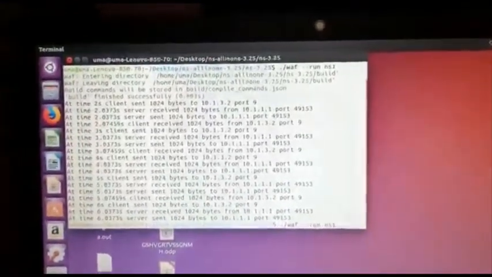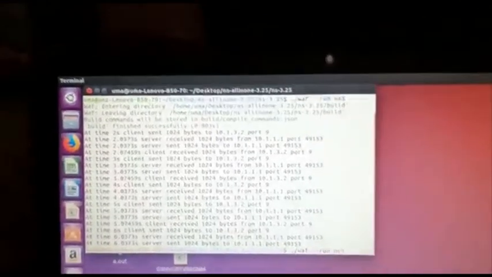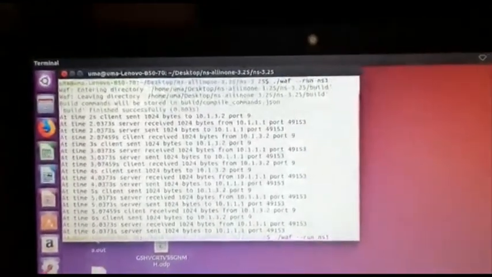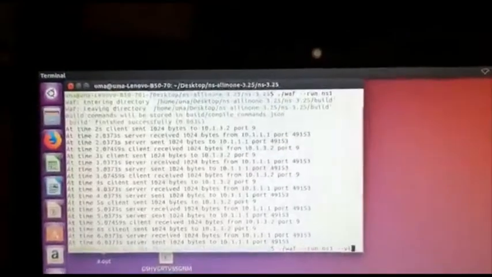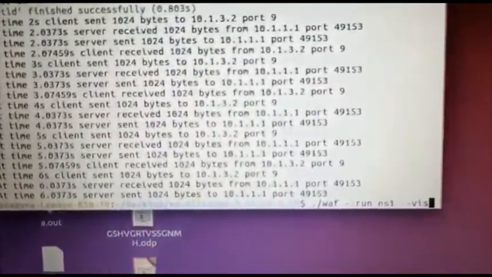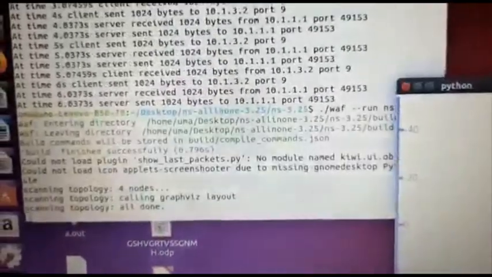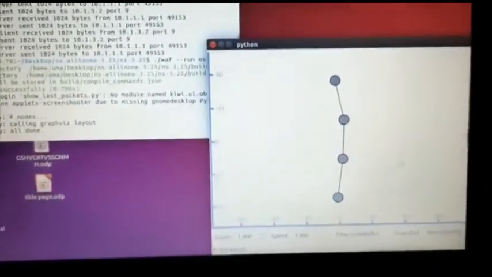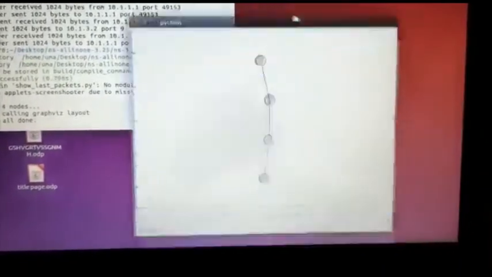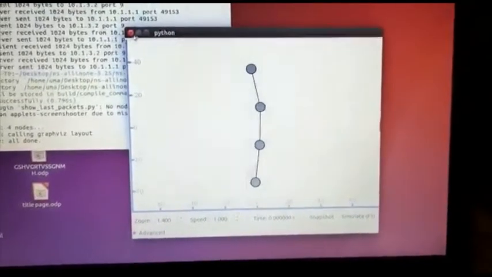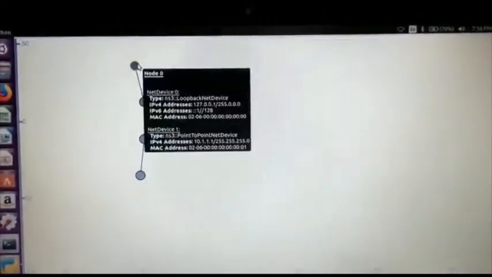I'll just use the up arrow, and I'll add one more thing in my command line, -vis, where I'm calling the Python visualizer. So again I pressed enter. You can see automatically this visualizer screen opens up. Okay. So can you see this Python visualizer? Here I'll maximize it. So as I told you, you just hold your mouse here. You'll see all the details of this.